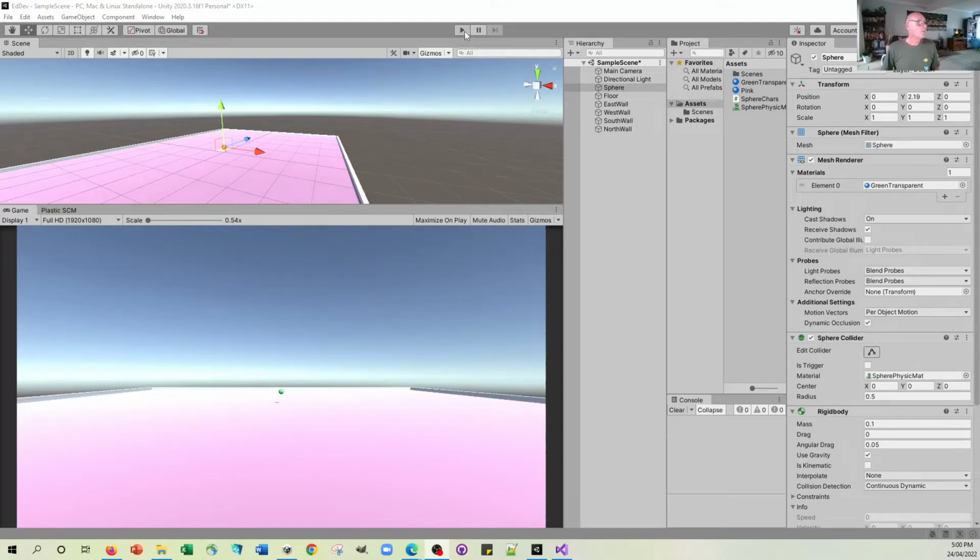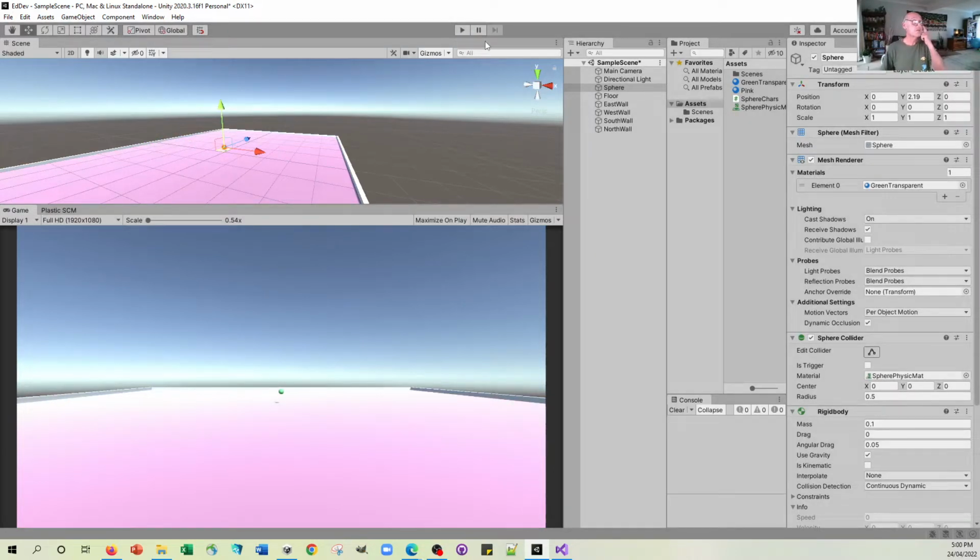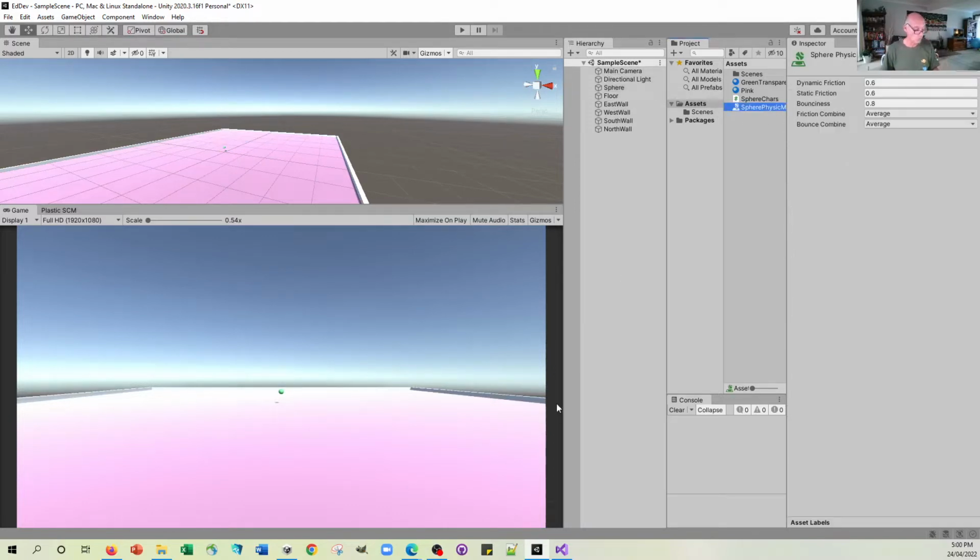So this is the situation we've got at the moment. We've got the ball flying off in the X direction, coming off that wall, bouncing off this one, starting to lose energy. Let's make another physic material this time for the walls. So I'm going to duplicate that physic material, and I'm going to call it a wall physic mat. I'll give it the same sort of options as